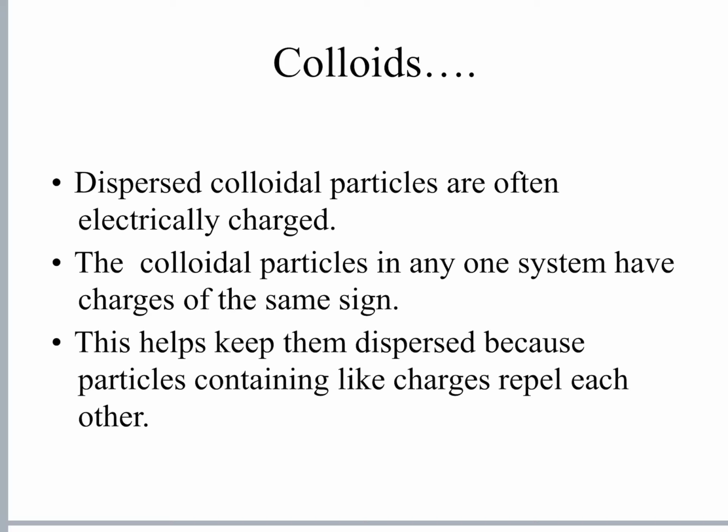Since these particles carry the same charge, if they come nearer, they repel each other. Since they repel each other, the system becomes stable. They will not come together and form larger aggregates, and they remain minute particles. That is how the system is stabilized. The colloid particles will not precipitate down under the gravitational pull, because all of them carry the identical charge and repel each other. This gives them the stability they have.